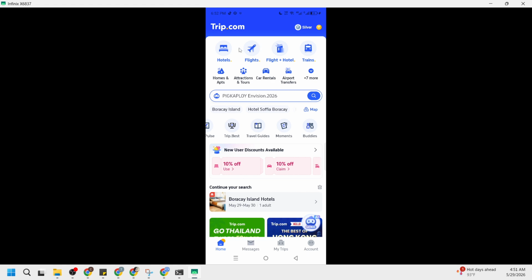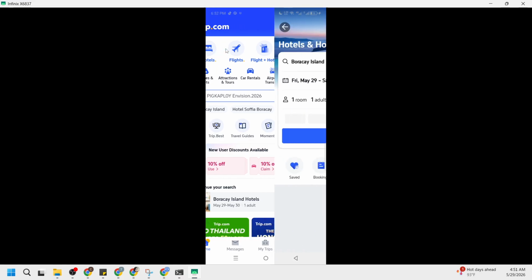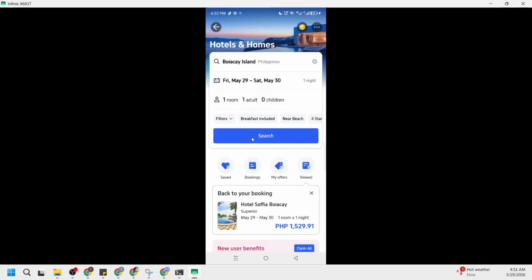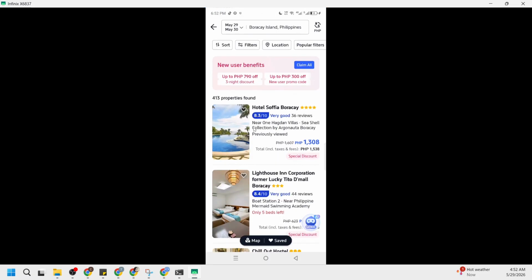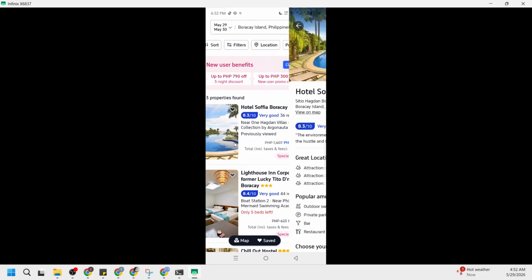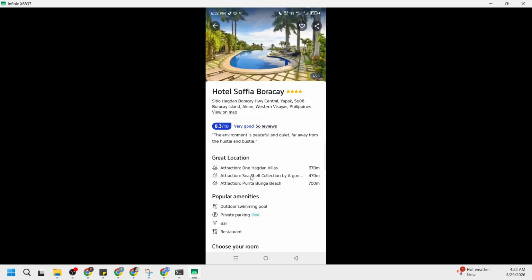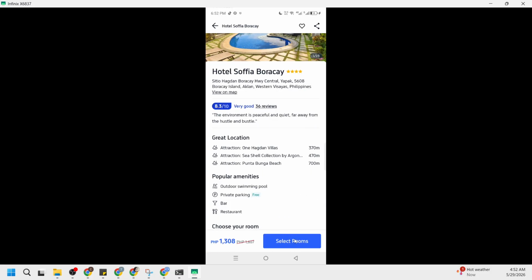Next, choose the type of travel service you need. You can book flights, hotels, trains, or attractions. Make your selections as you normally would. Set your dates, pick your route or property, and choose the exact itinerary or room you want. Take a moment to review fare rules or room policies since certain promotions apply only to specific rates.